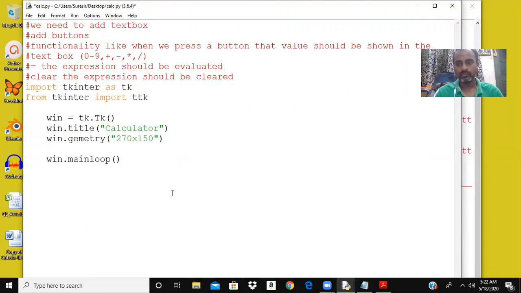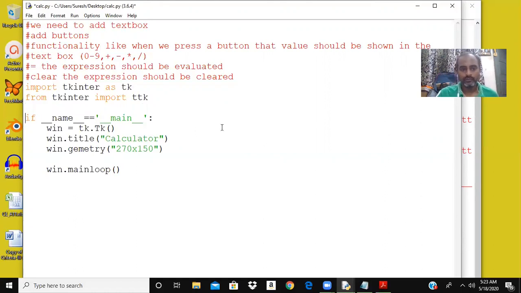So we have seen this in the last two classes. Okay. So I'm putting this inside this condition: if name equal to main, then this code will run.